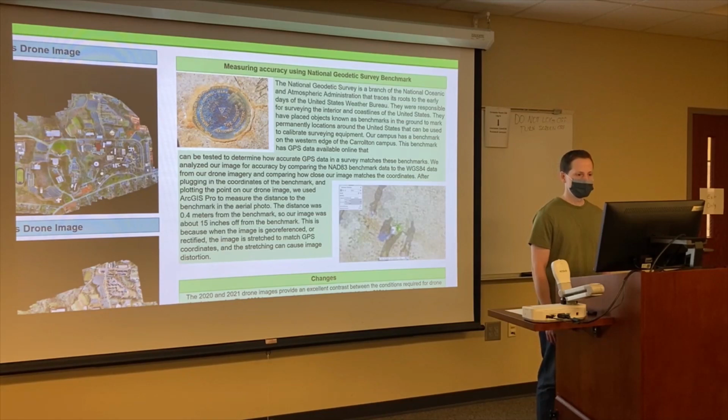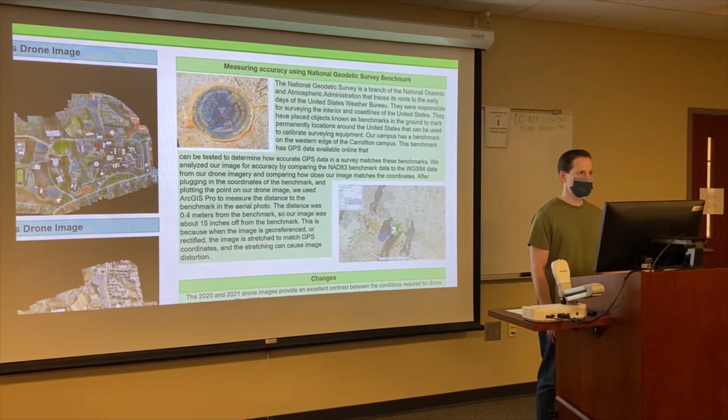They have placed objects known as benchmarks in the ground to mark permanent locations around the United States that can be used to calibrate surveying equipment. Our campus has a benchmark on the western edge of the Carrollton campus. This benchmark has GPS data available online that can be tested to determine how accurate GPS data in a survey